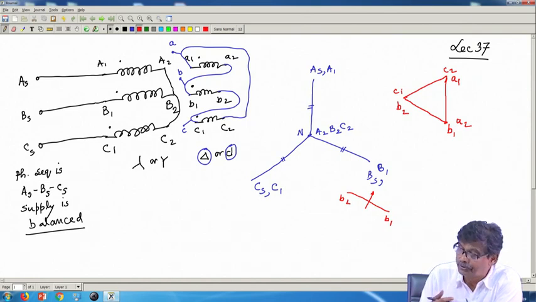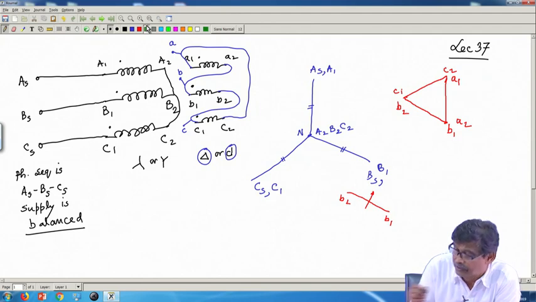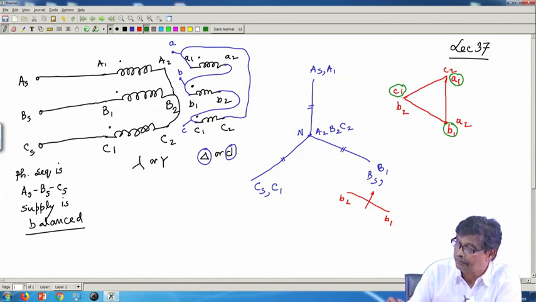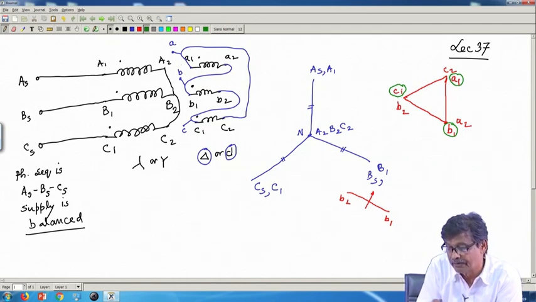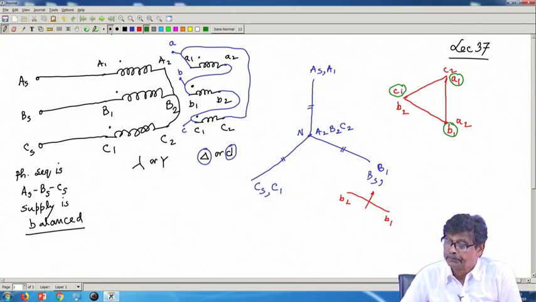Now, output. See, this is input: A1 is connected to As, B1 is connected to Bs, C1 to Cs. Similarly, I would like to take the output from small a1, b1 and c1. So, I circle them. This will be my output a1, b1 and c1, although b2 is connected, but I will call it my a, this one a1 and c2 are joined. From this I am taking the output, I am calling this a to be consistent with the primary side. Okay. So, that is the thing.